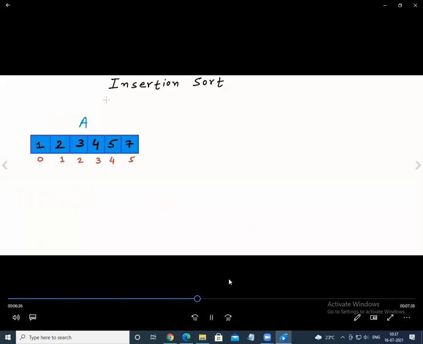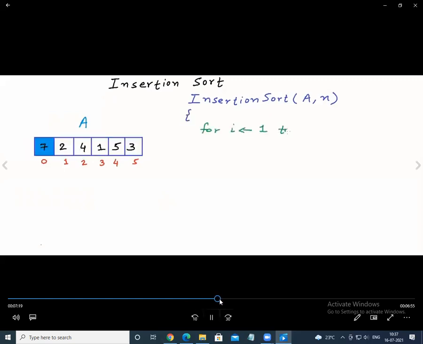So the classification is that you have to divide the array into 2 parts beginning with the start, and insertion sort, with respect to efficiency compared with the other sorting techniques, has less efficiency. So when you see the algorithm for insertion sort, it is for i equals 1 to n minus 1, you copy the value of A of i for the first iteration, that is the comparison that you are going to do with the elements.